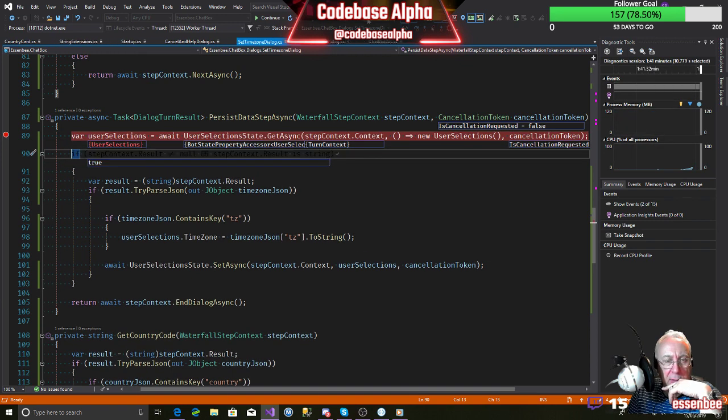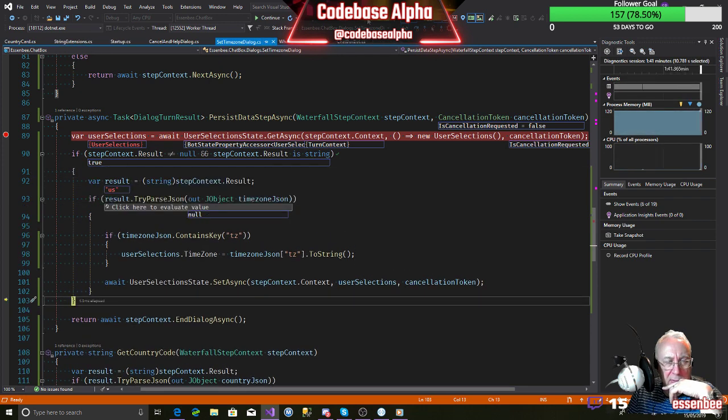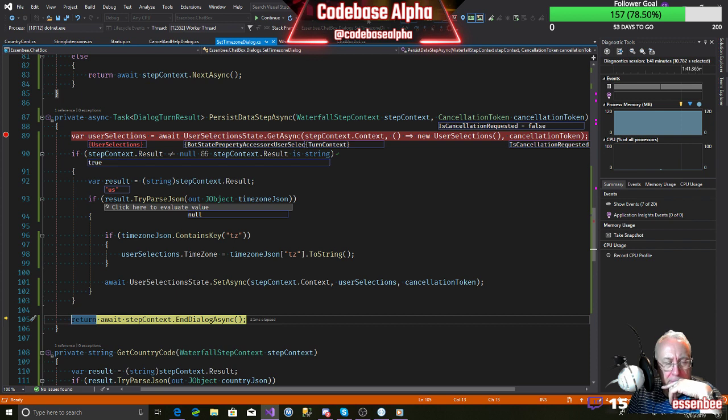And now we're going to go into here. It's not a JSON object, so we end the dialogue. So it's not a JSON dialogue. What do we want to do? We don't want to end the dialogue. Do we just want to try and fall through? That was my idea initially. We just fall through.